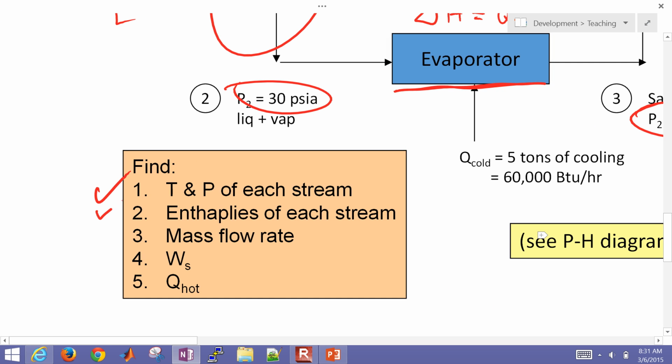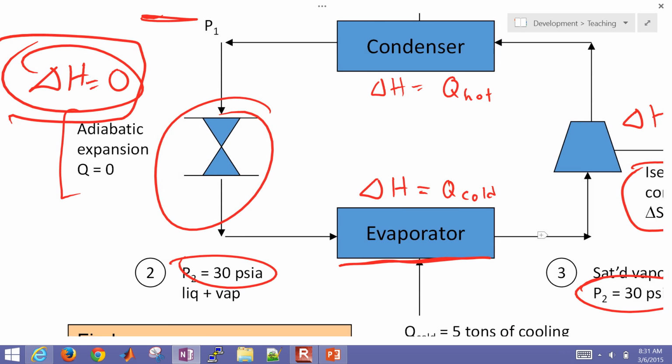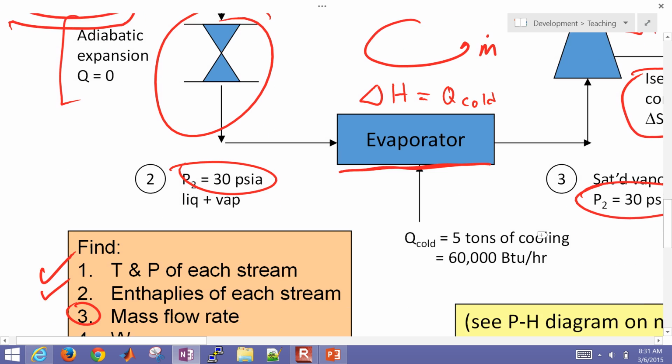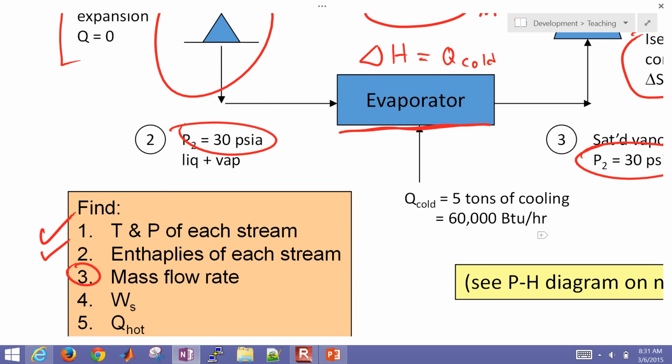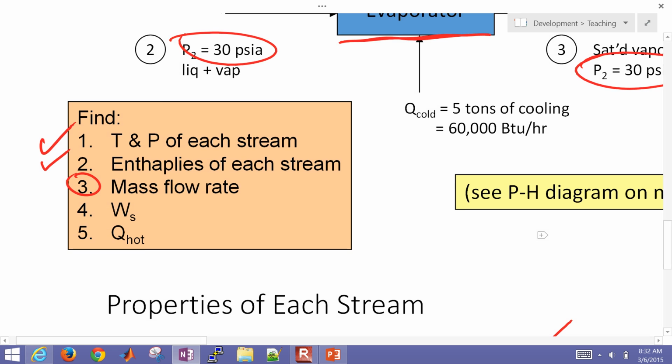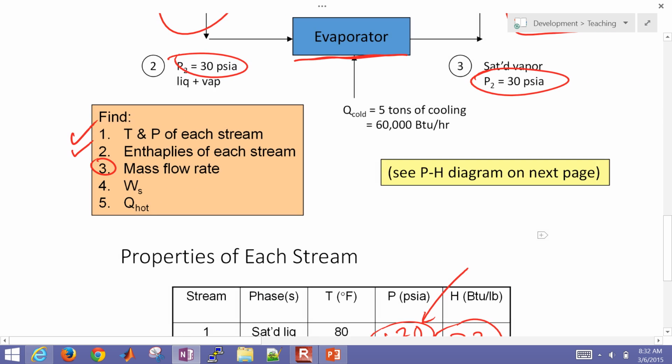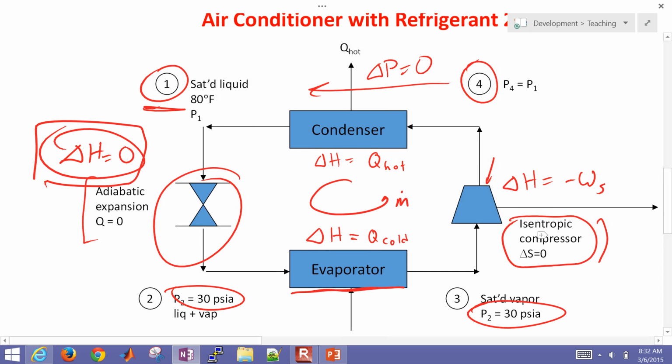We have the enthalpies of each stream. Now we want to get the mass flow rate that is circulating around here. Okay, no accumulation in any one vessel per se, and we're just going to assume steady state operation, although this compressor typically cycles on and off. We're just going to assume a constant mass flow rate around here. So about how much mass flow rate has to come around here. Okay, so the way we're going to do that then is, okay,